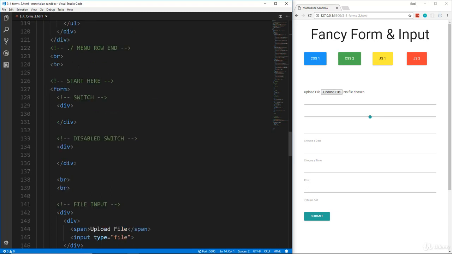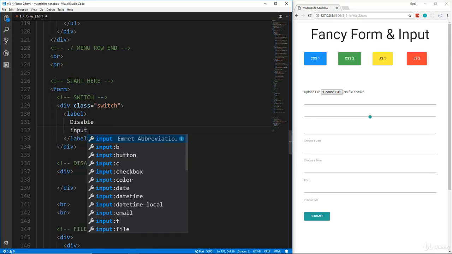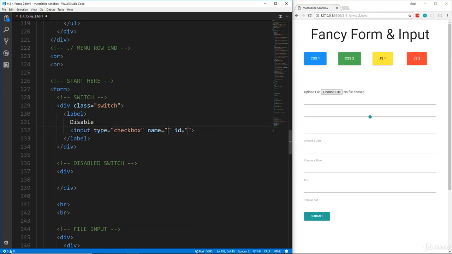So if we go where it says start here, this is file 34, forms_2.html. And for the switch, I just have a set of divs here. We're going to add a class of switch, and inside the switch we put a label. We don't actually need a for attribute. Inside the label, we're going to say disable and put an input. This input is going to be the type of checkbox, because HTML doesn't actually have a switch input. So it'll be checkbox, and then we're going to set it to checked